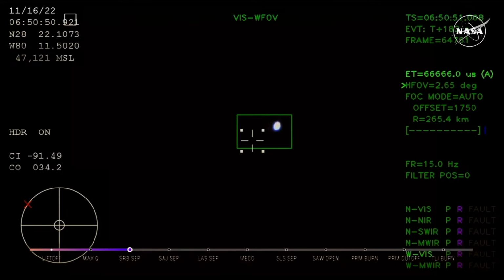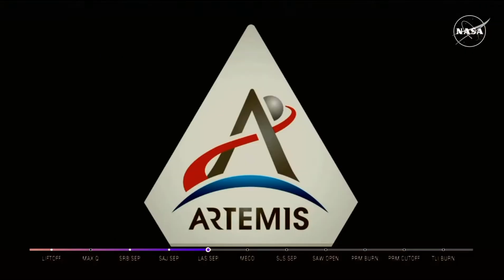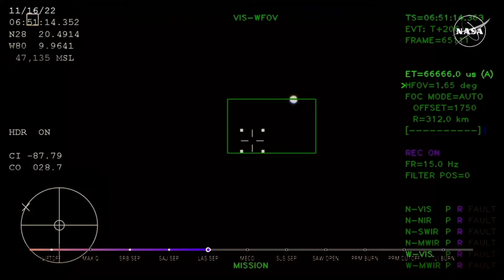Just over 3 minutes into the flight of Artemis I, now traveling over 4,060 miles per hour, 83 miles downrange. We just had confirmation that the service module fairing has separated. And that the launch abort system pyros have fired, separating those from Orion as well. For future crew members,